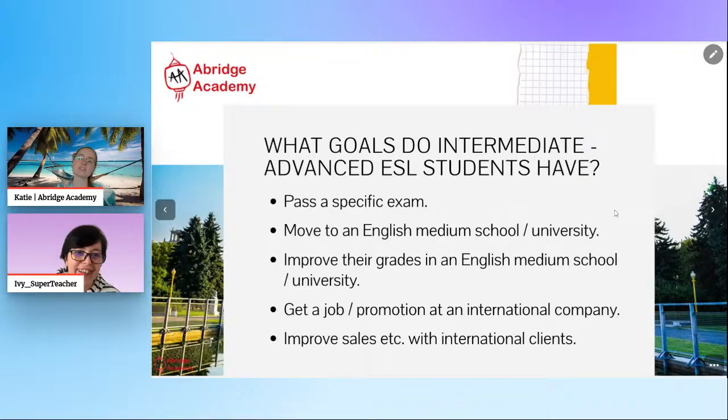So in my experience, some of the students I work with are at a school that is following the local curriculum but taught in English, like a bilingual school. So they are still following the local curriculum, but they might also be simultaneously preparing for some overseas exams, or that they're learning in English. But English is not their first language. Or it could be that they are studying at an international school but still within their own country. Or they could be studying at an international school overseas, like their parents have sent them abroad to study.